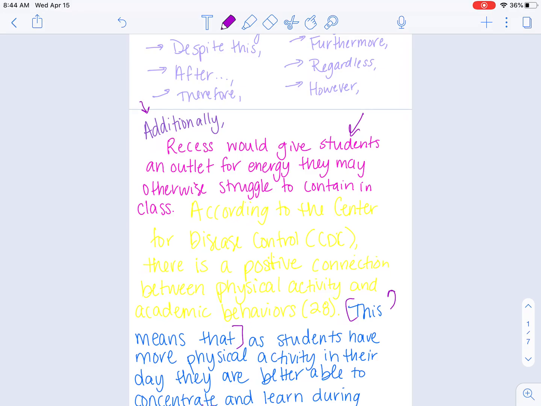So you want to first add in some transitions and make sure you have lead-ins for your quotes, and then we'll be ready to start looking at our introduction and our conclusion, our beginning and our end, and then we'll have a